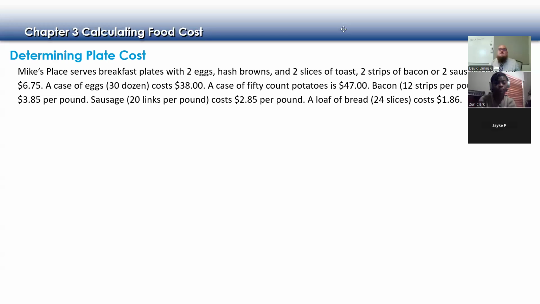All right. So we are going to pick up where we left off on chapter 3. These last two, this first one, we're going to talk about costing out a standardized recipe. And then we're going to combine that with figuring out how much we should charge for something. And then we're going to end class with costing out another recipe. So on your notes page,